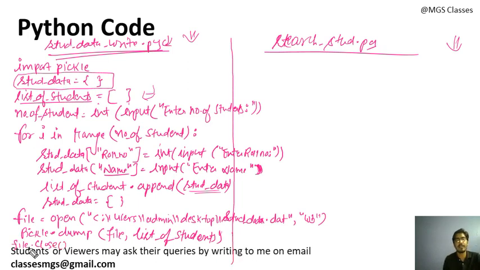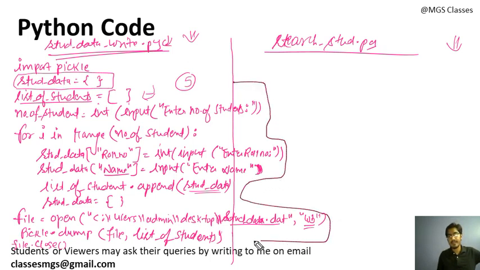This program will take the number of students' data, let's suppose 5 students' data, if the user entered 5, and store it into some binary file, stud.dat. Now what we will do, we will read this file in some other Python program and search for the roll number. So for that, first let's import the pickle module. Let's have this divider like this. So first we will import pickle, because the pickle module is necessary to read and write the file.